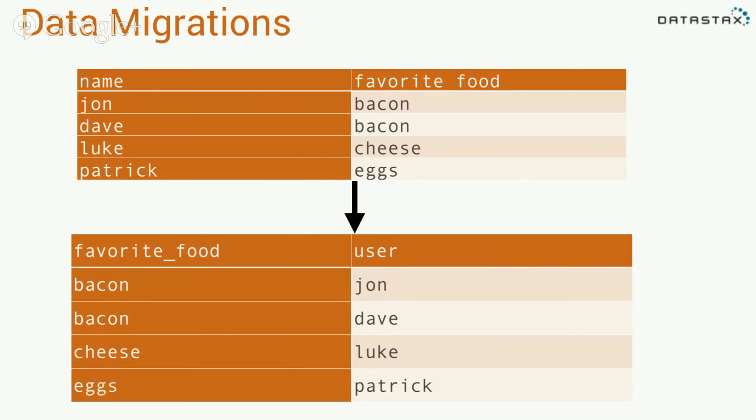So Spark is nice because you can read all the data out of one table, turn it into a different format, and then write it out into another table. In this example, we just have a very, very simple table. It maps the user to their favorite food. And my favorite food is bacon. I'm not secretive about that. I tell everybody. We've got someone named Dave. We've got Luke over here. Yeah, looking at you, buddy. We've got someone named Patrick. And what we want to do is reverse this. We want to create a little index where we say, who likes bacon? And it's going to give us an answer, John and Dave.